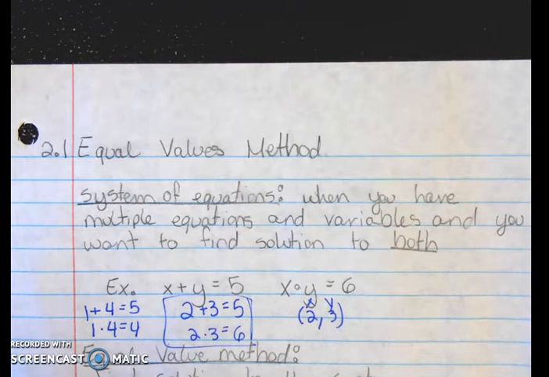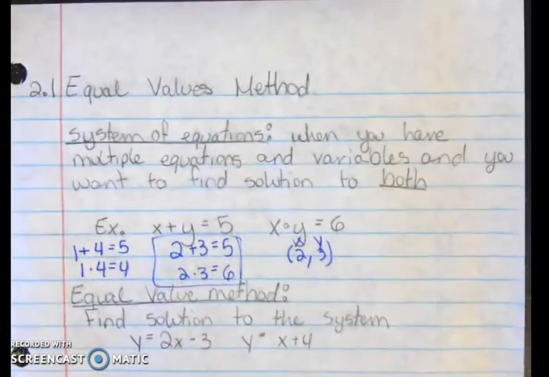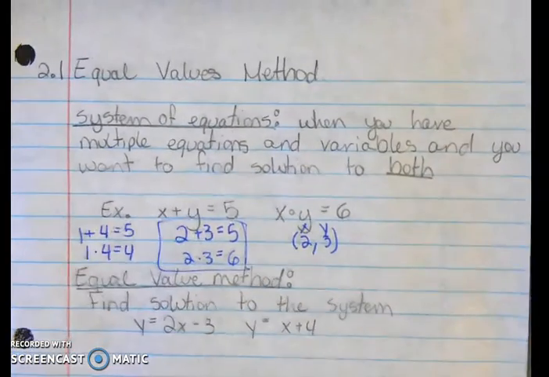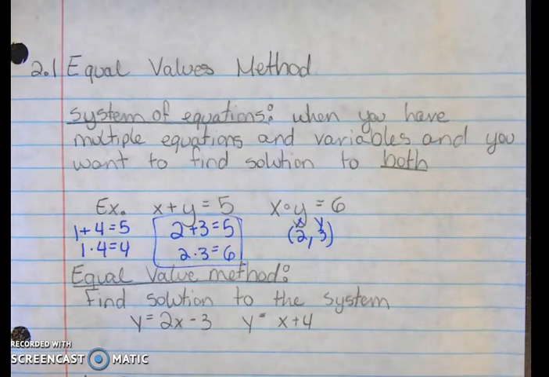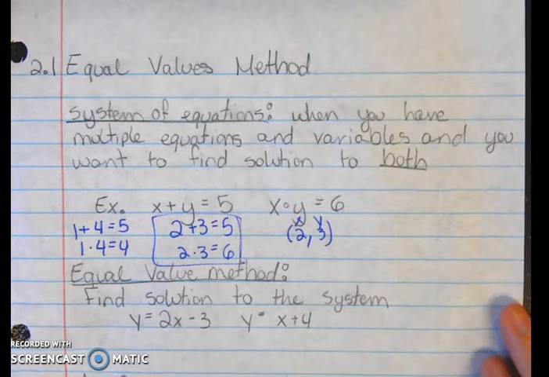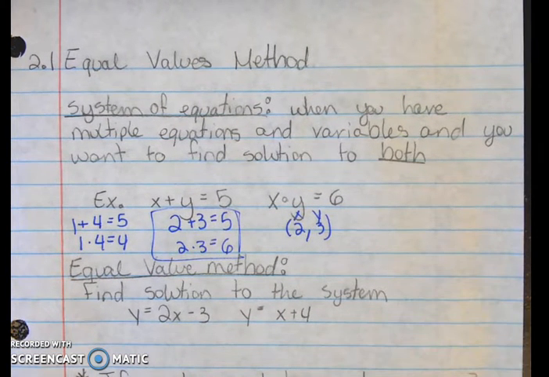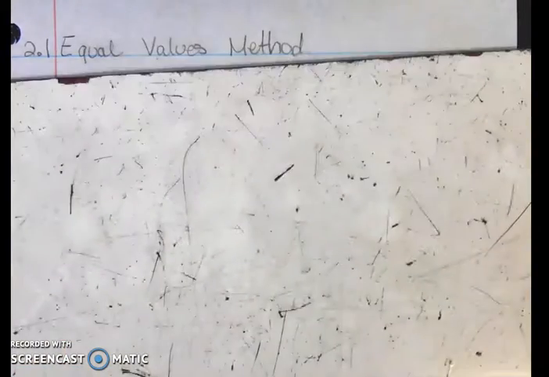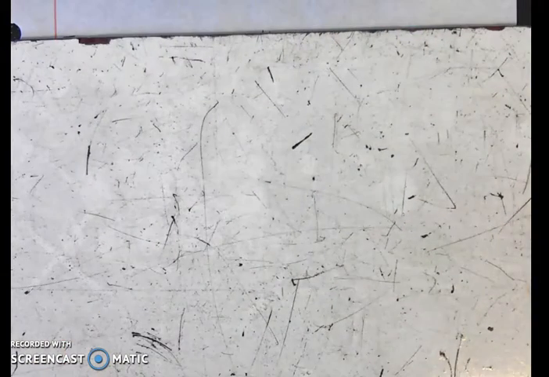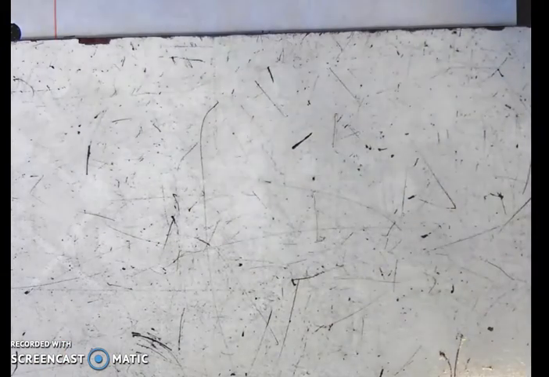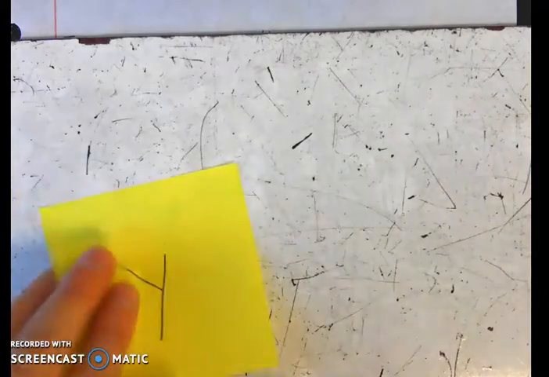But I want to teach you what's called the equal values method, which is kind of the simplest form of solving a system of equations. And it's nice in that these are both in a form that we can use. So we want to find the solution to the system y equals 2x minus 3 and y equals x plus 4. So what I've done is I kind of use sticky notes to kind of demonstrate how the equal values